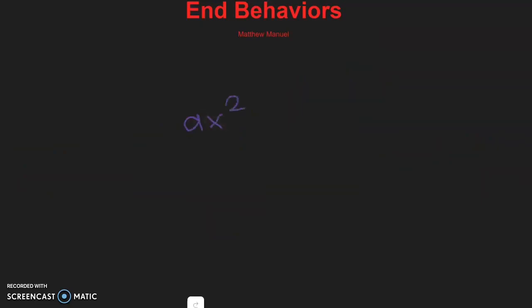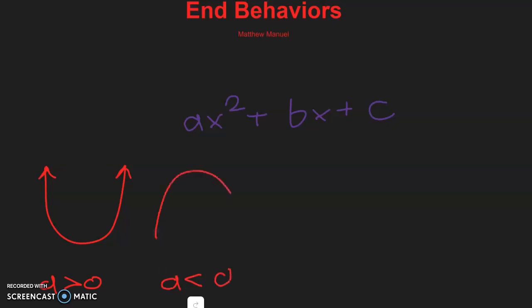Here we have our standard quadratic equation, ax squared plus bx plus c. If a is greater than 0, our graph opens upwards, meaning that f of x approaches infinity both left and right. On the contrary, if a is less than 0, the graph opens downwards and f of x approaches negative